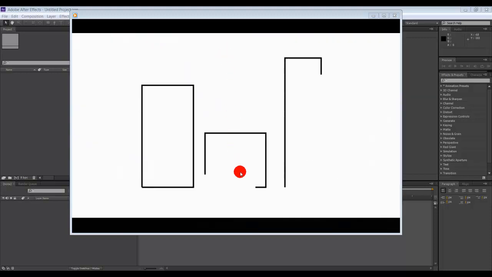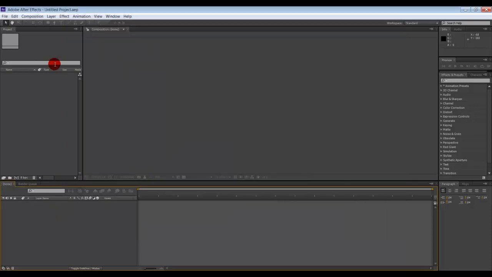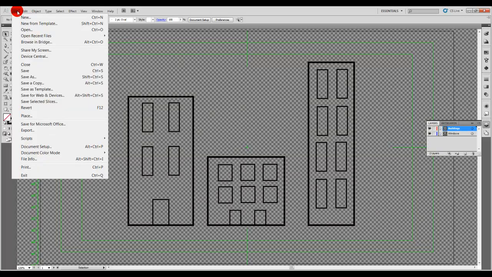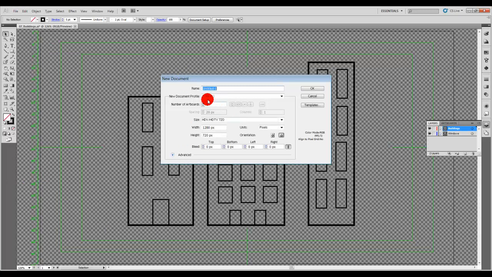So before getting to the Adobe After Effects environment, let's first see how we need to set up our Illustrator file before importing this file into After Effects. It's very simple. Basically, we just need to build our vector files into a template. So if we go to File, New, we usually work with Print document profile, either letter size